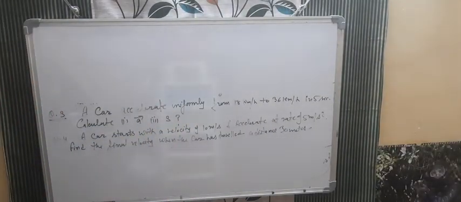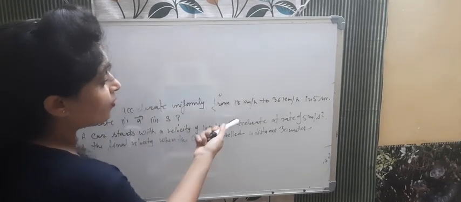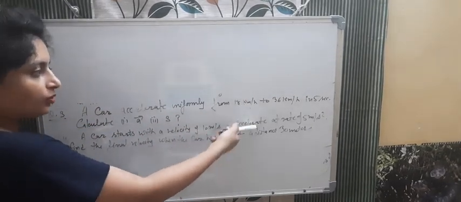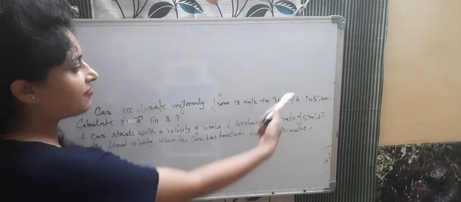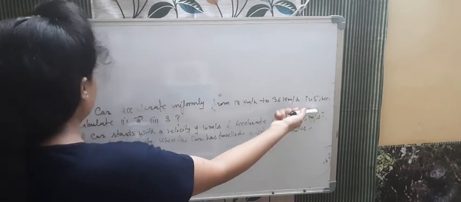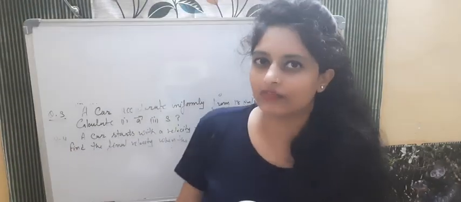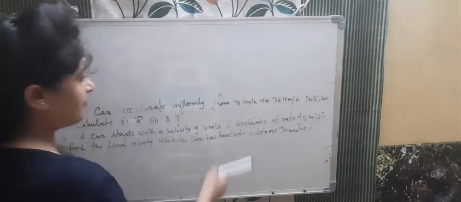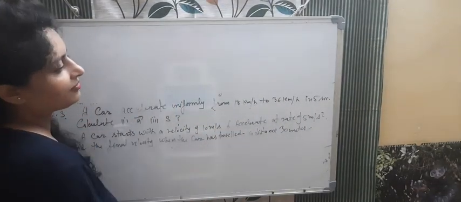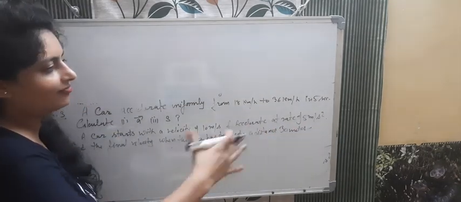So listen, question number 3 is what? A car accelerates uniformly from 18 km per hour to 36 km per hour in 5 seconds. Initial velocity given, final velocity given, time given, acceleration और distance निकालना है. I think this kind of numerical we did earlier also. See, very simple. You need to convert units first because time is here in hour, here in second. So just convert to one kind of unit.